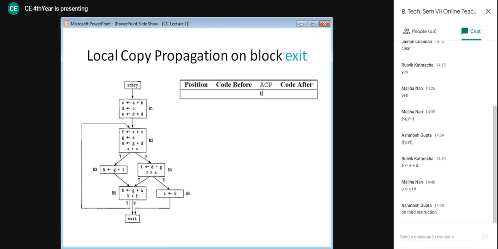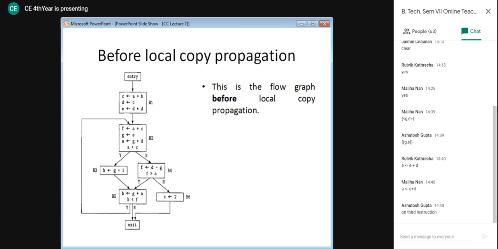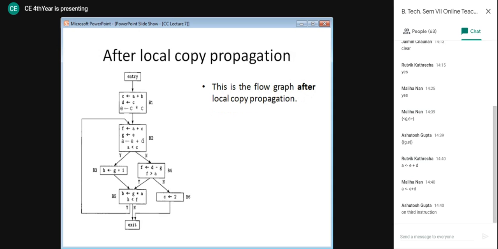So finally, what we have done is we have applied local copy propagation to this flow graph. Before local copy propagation, this was our flow graph, on which we worked. And after copy propagation, there were two changes made, one in block B1 and the second one in block B2.